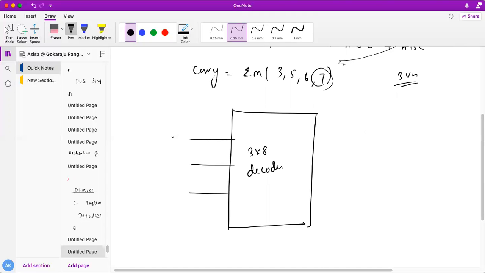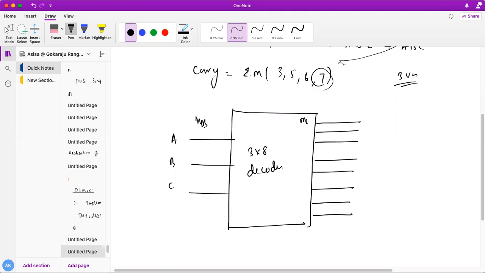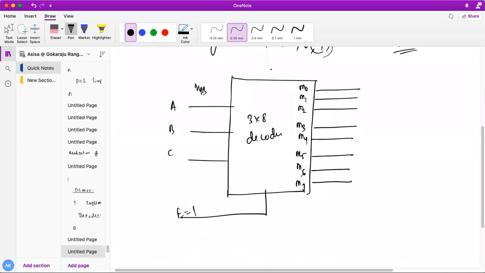These are my A, B, C, with A the MSB, and the outputs are the min terms M0, M1, M2, M3, M4, M5, M6, and finally M7. And this is my active high enable. I'll give 1 to activate this 3x8 decoder, nothing else.